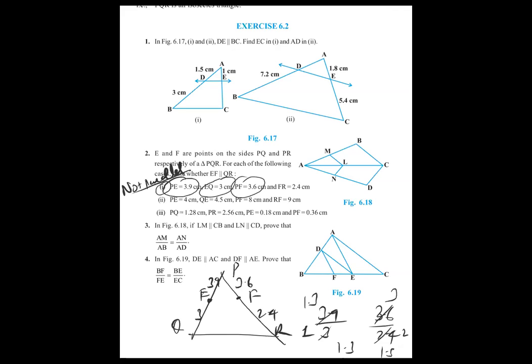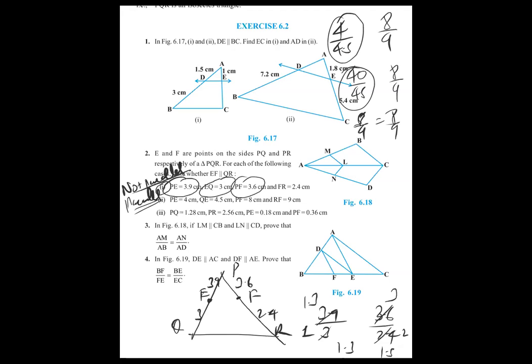Jyoti has given some answer in the second one. Akshadi, Varsha, Kishore, Pranav, all are telling yes, they are parallel. So that ratio you have to check: 4 upon 4.5 and 8 upon 9. Whether they are the same. So 40 by 45, 5 8s are 45, 8 upon 9 is coming. So both are the same, so it is parallel. Yes, it is parallel. What about the third one?